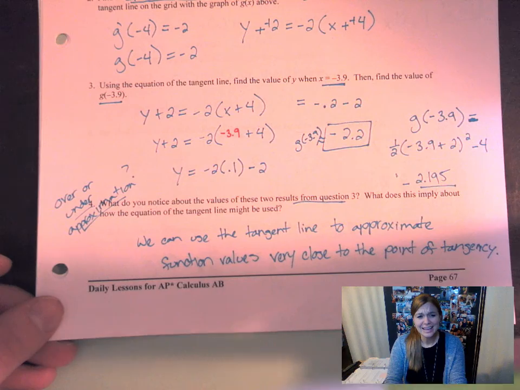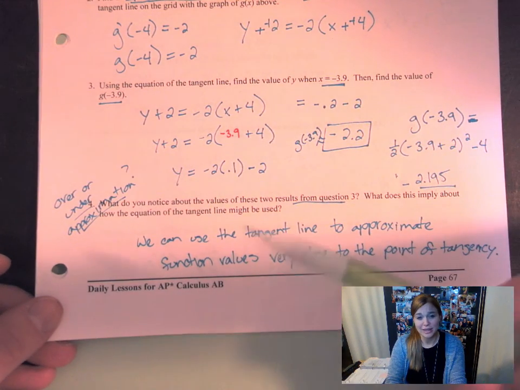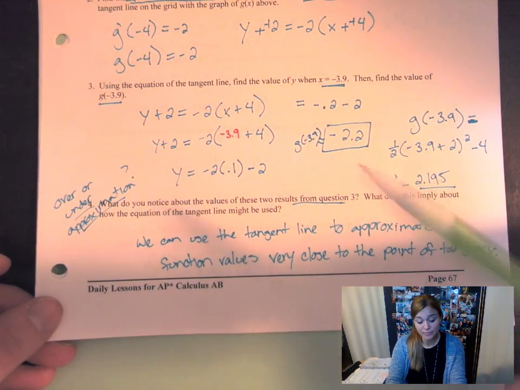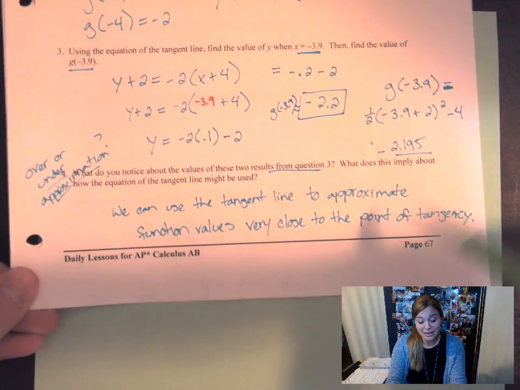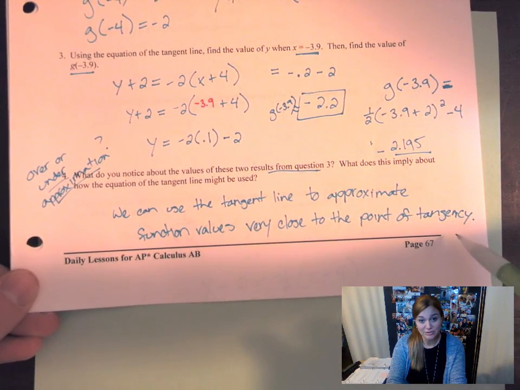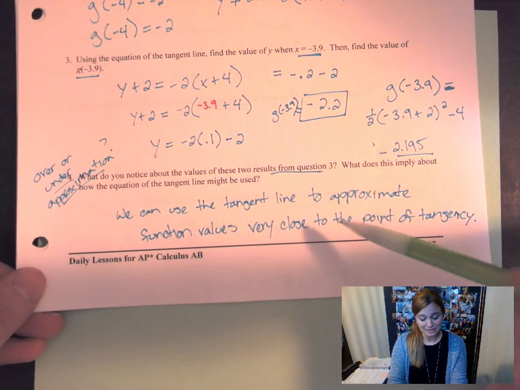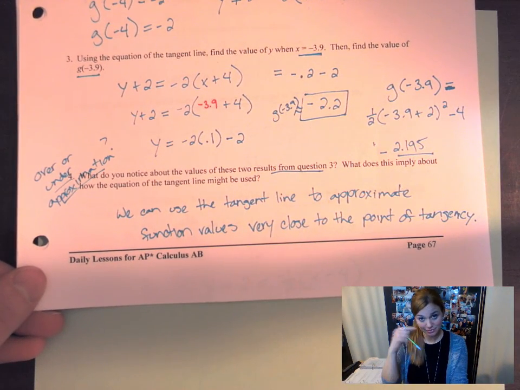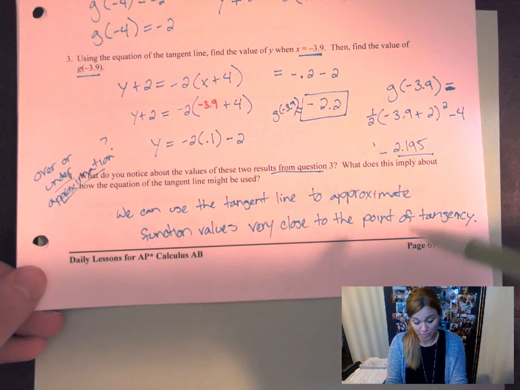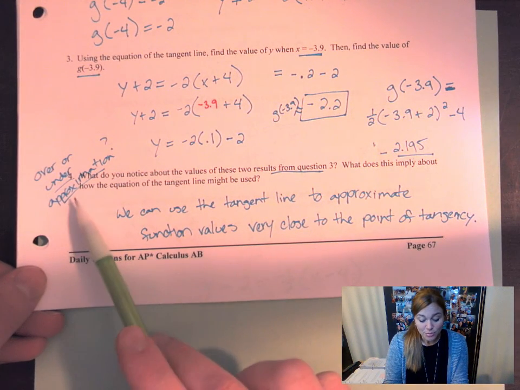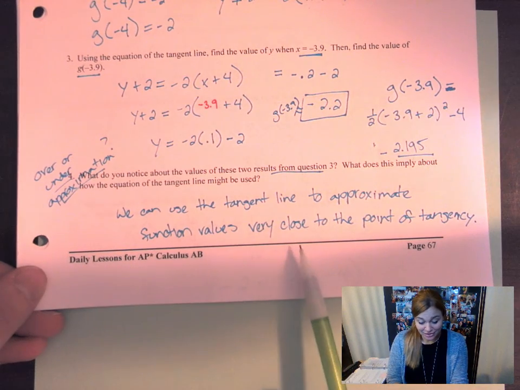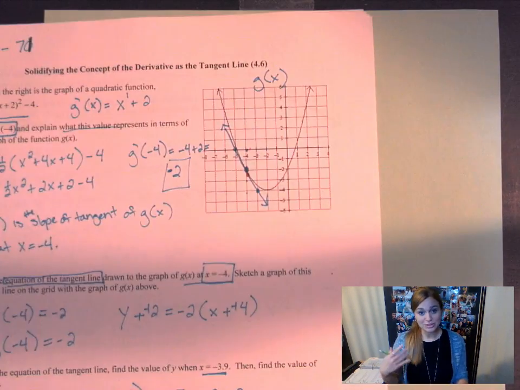And then you would have to just know this without actually being able to see the function value. You can use the tangent line to approximate function values very close to the point of tangency. So I'm saying all of these things all at once. I'm going to go back and re-explain better than I am right at this moment. If I want to know whether this is an over or under approximation, and I'm telling you that we can use a tangent line to approximate, the reason why, and both of these questions can kind of be answered at the same time, is